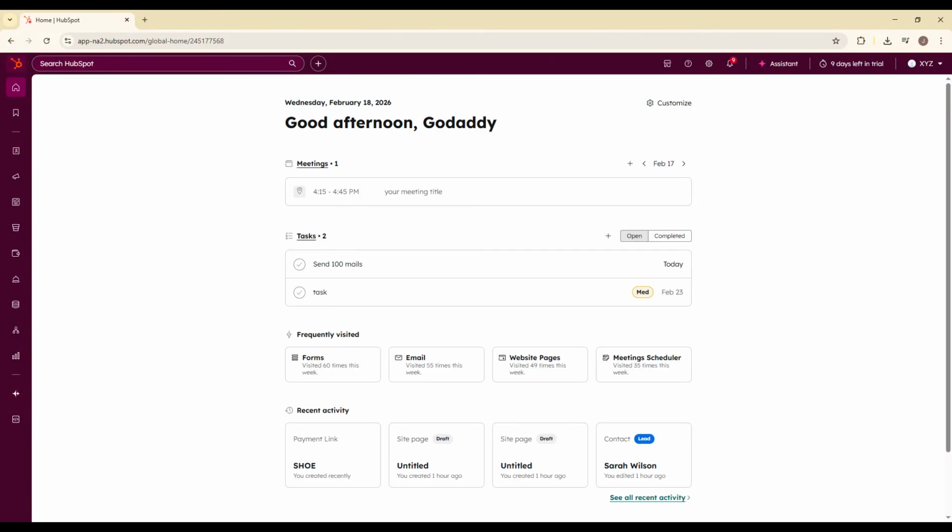In today's video, I'm going to show you exactly how to create a payment link in HubSpot step by step. If you want to send customers a direct checkout link for your products or services without building a full website page, this is the fastest and easiest way to do it. Payment links in HubSpot are perfect for collecting one-time payments, selling services, or even sharing simple checkout links through email or DMs. I'll walk you through the entire process from start to finish, so you can set this up in